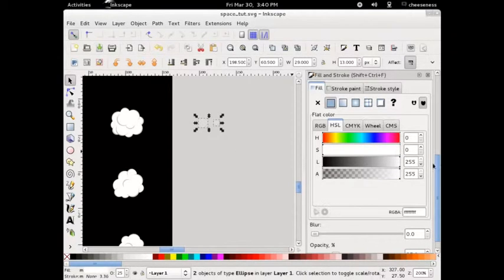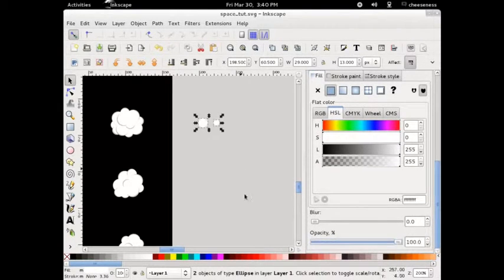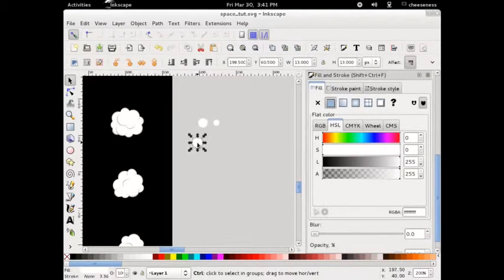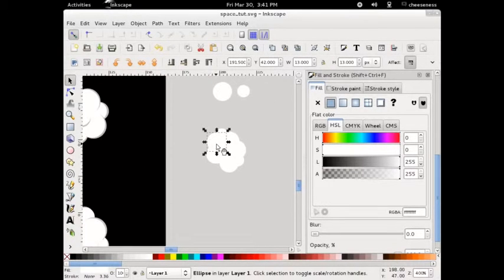Color these circles white and make sure they're at 100% opacity. Paste copies of each circle size to form a cloud shape. Make sure to place some smaller circles towards the middle of the cloud. Copy one of the circles and paste it in place. Set the copy's fill color to be light gray and then move it slightly away from the center of the